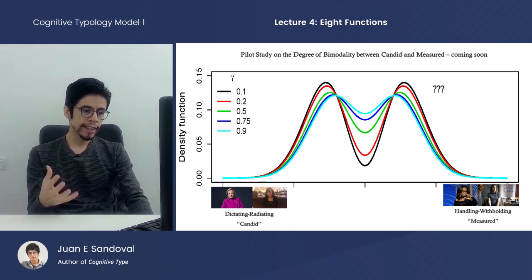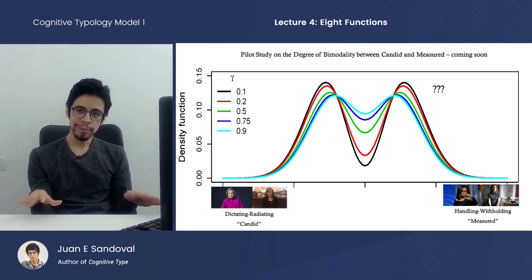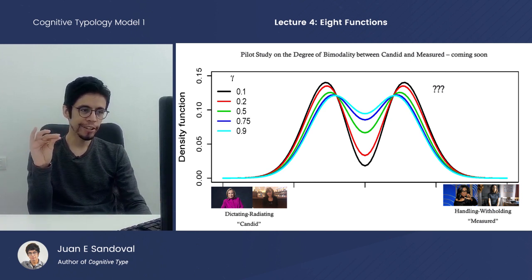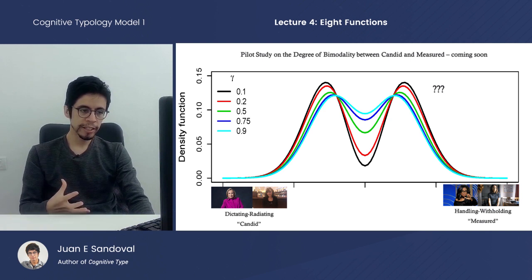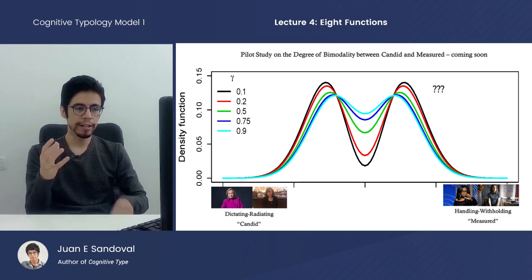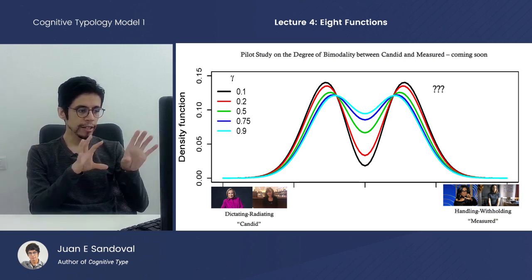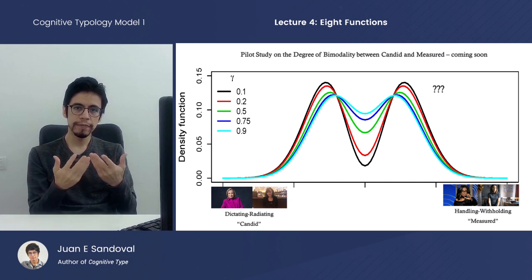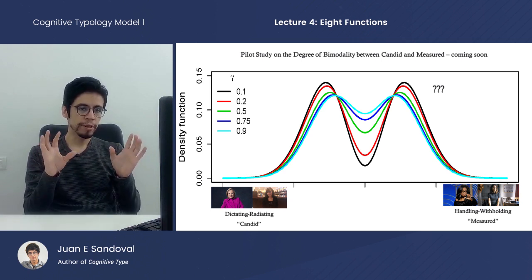And this is a study that's actually up and coming. So at the moment, where we are with this video series, I've kind of taken you to the edge of where we are currently with our studies. So internally, those of us that have been working on this theory suspect that there is a measurable duality, a mutual bimodality between candid and measured Vultology. But even those of us who've studied this for a while acknowledge that it is not a perfect exclusivity.